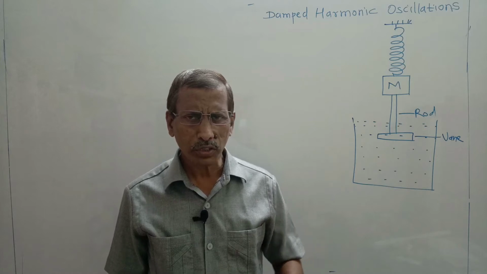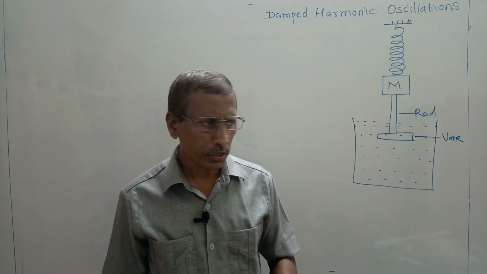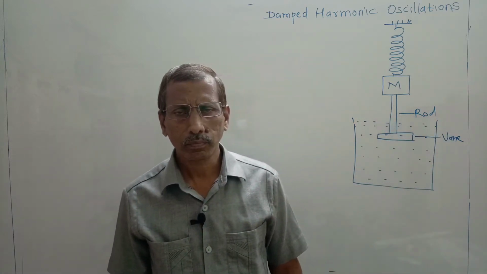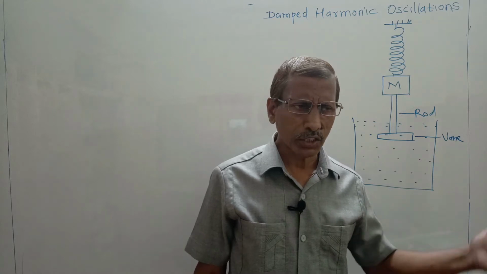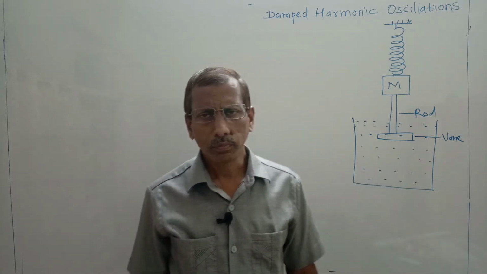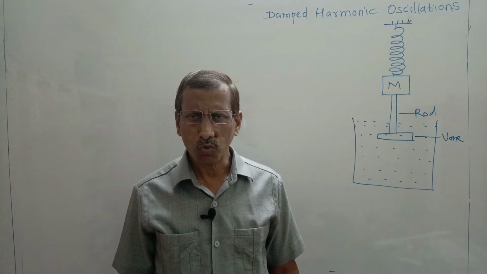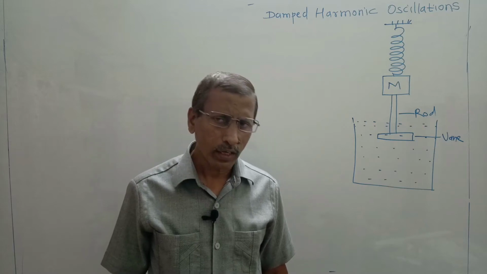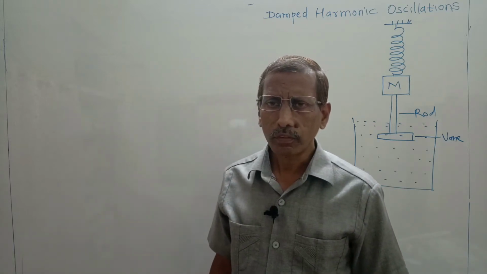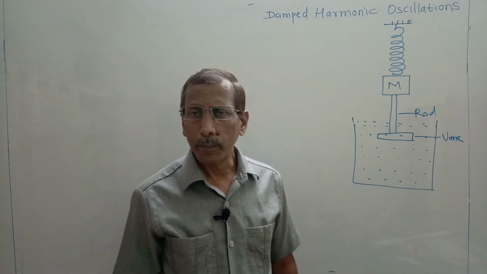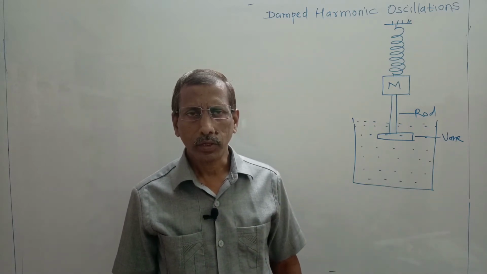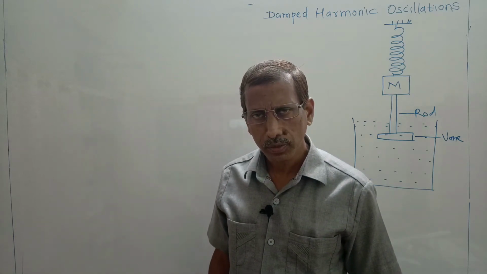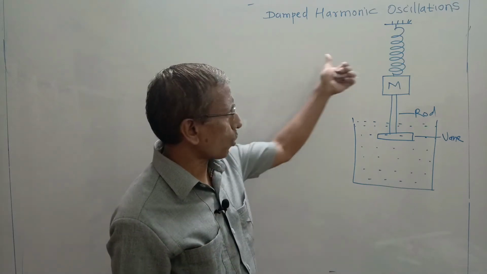In order to understand damped harmonic oscillation clearly, we make this additional arrangement. Dear friends, from this example today we are going to find the differential equation. Then from that we find the solution. Then we consider the amplitude of oscillations, its angular frequency, and the period of oscillations. We have already drawn the diagram.